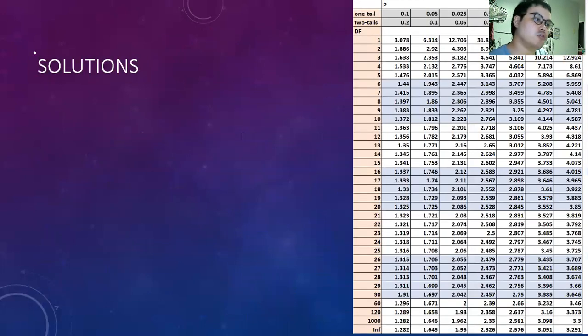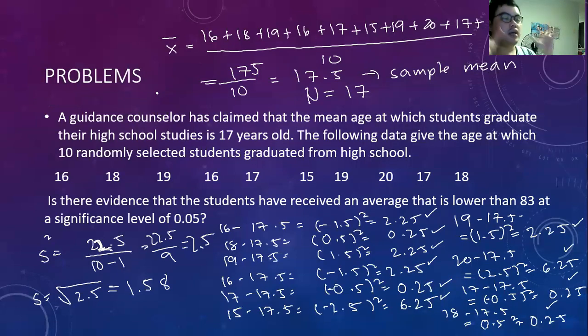Okay, so going back to the hypothesis testing steps, our step one will be H sub 0, then H sub A. To identify each of them, we're going to read the problem. A guidance counselor has claimed that the mean age at which students graduate their high school studies is 17 years old. The following data give the age at which 10 randomly selected students graduated from high school. So here are the following ages. Is there evidence that the students have received an average that is lower than 83 at a significance level of